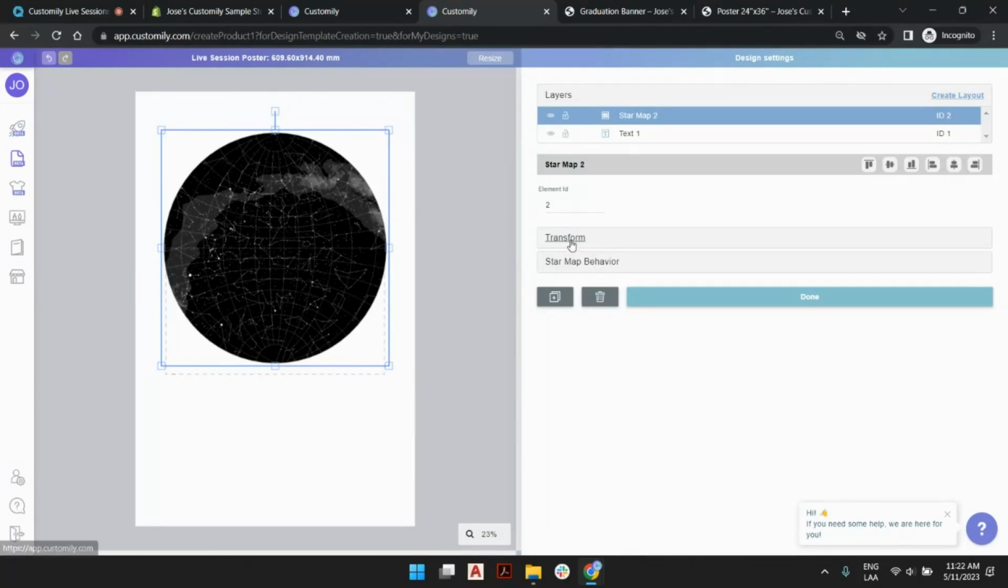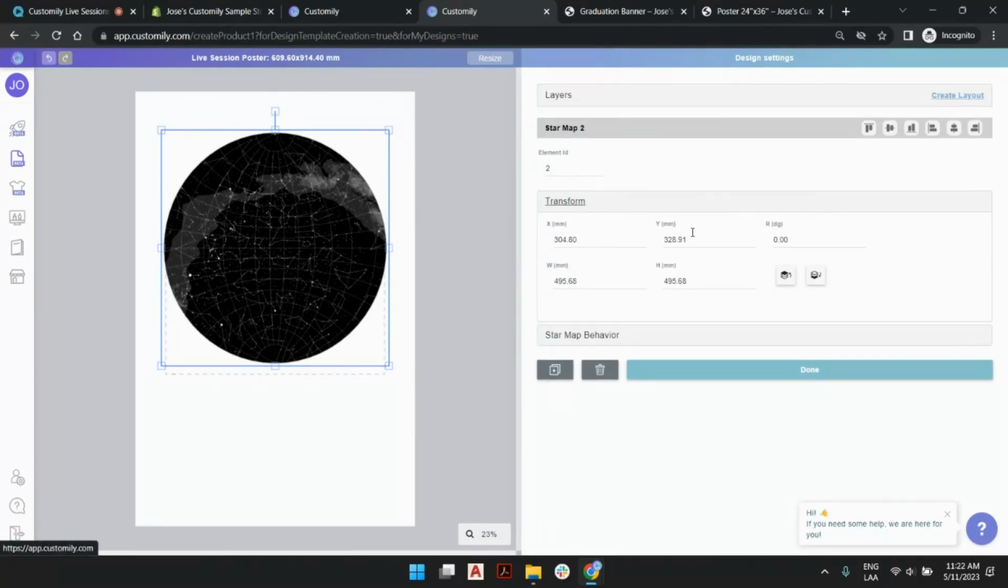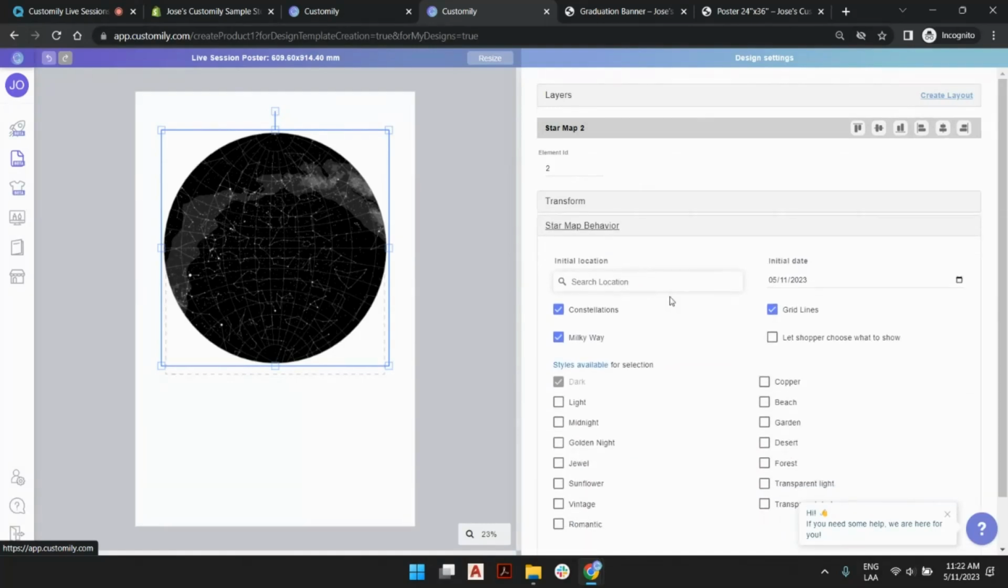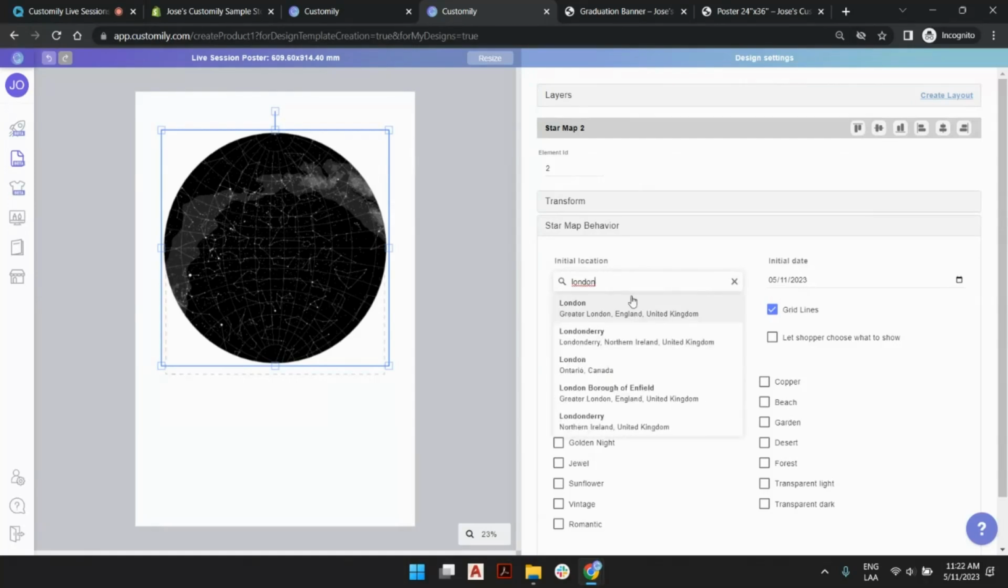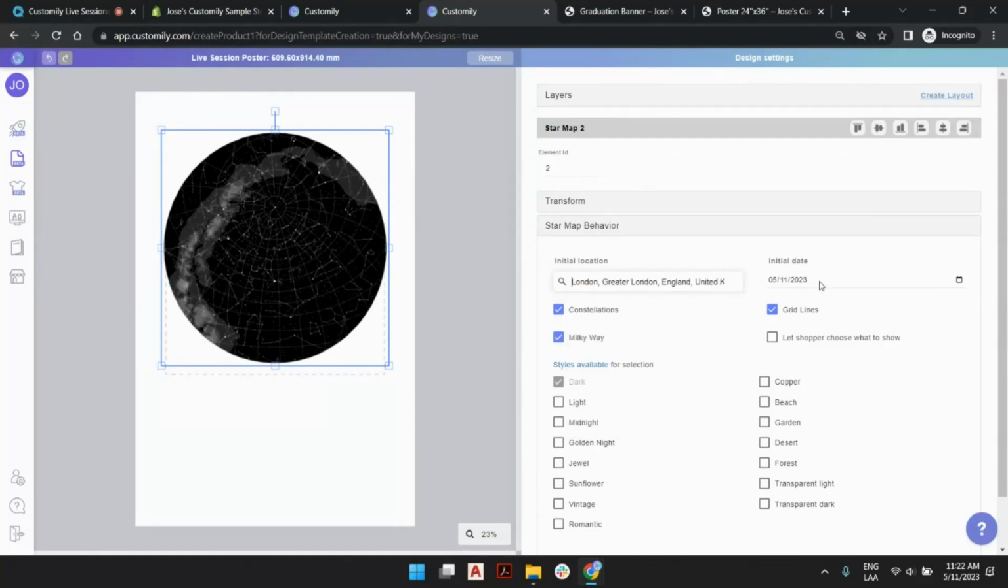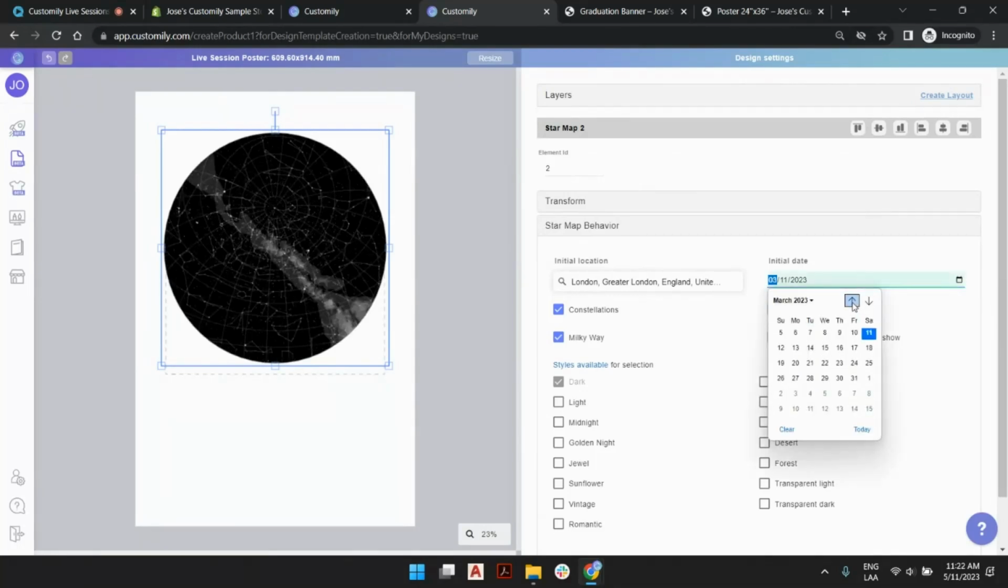And check out in transform, I can be more precise on my sizing and my positioning. But also in the star map behavior, I can start playing around with many options for this particular object. I can set up an initial location, like for example, we said London. I can set up an initial date, New Year. So let's go to